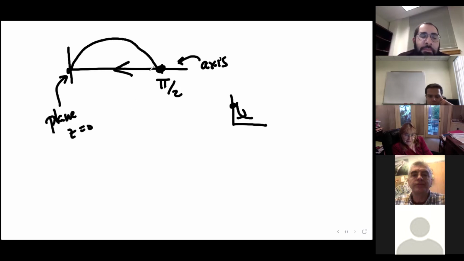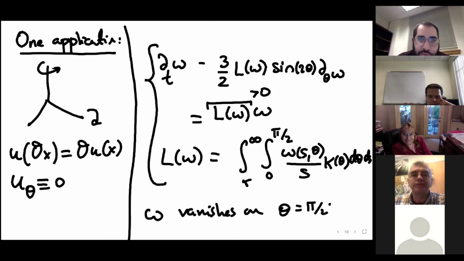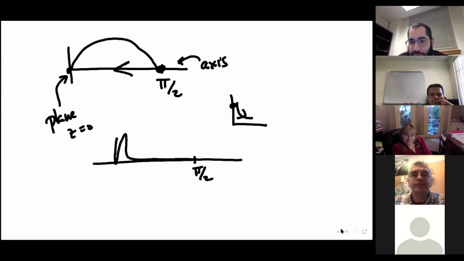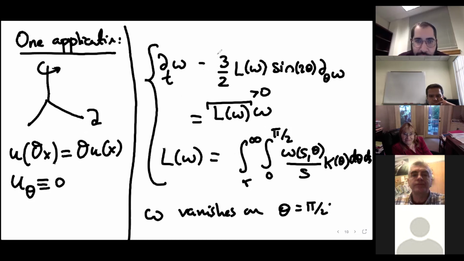So it means that if you fix a radius and just look at what's happening, if you have a very strong push from the velocity, imagine that in order for a singularity to happen, this has to become very large. So that means that you have a very strong push from pi over 2 to 0 in the angle. So this picture starts to look more like that. And that's precisely because of this number 3, right? So this number 3,